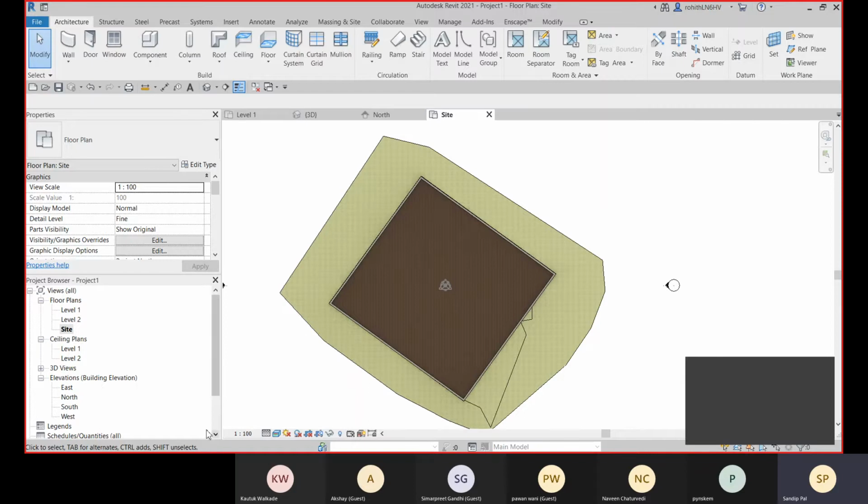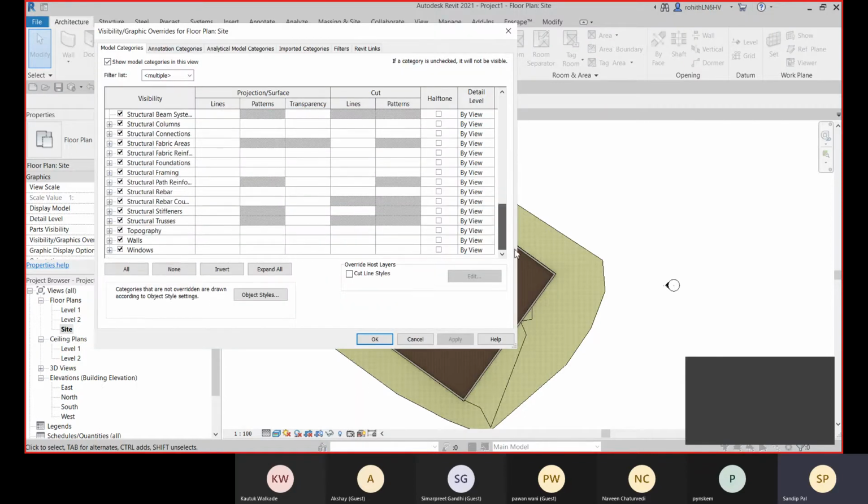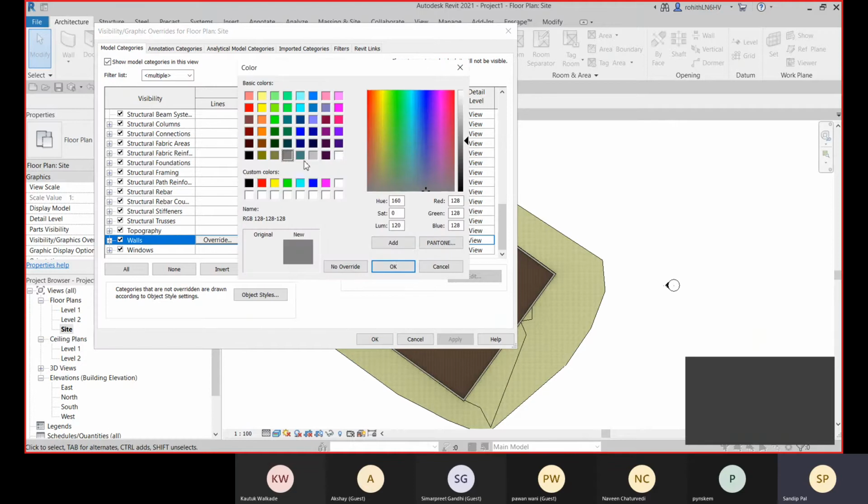So let's go for it. Visibility graphics here. In the model categories, let me go to the wall. Okay, so here you can see that I have this realistic option on. So now I will go to this cut here. Let me go for solid fill.